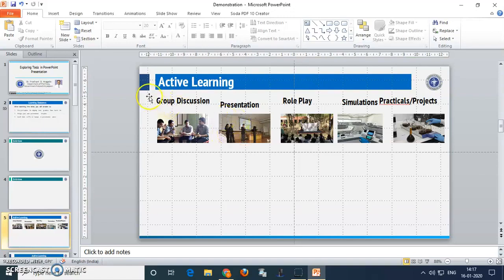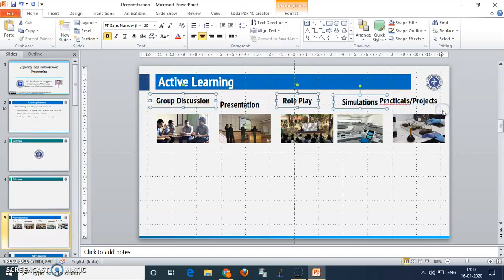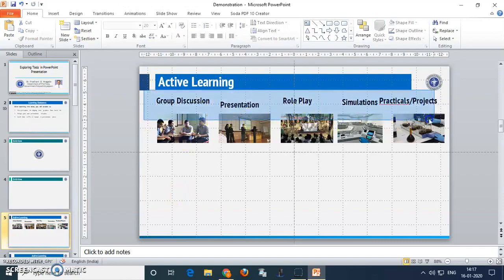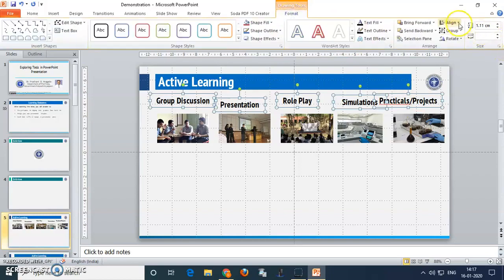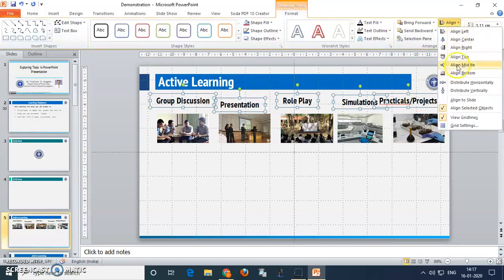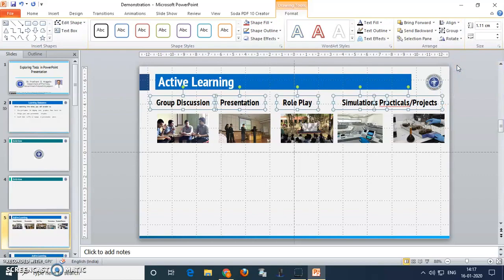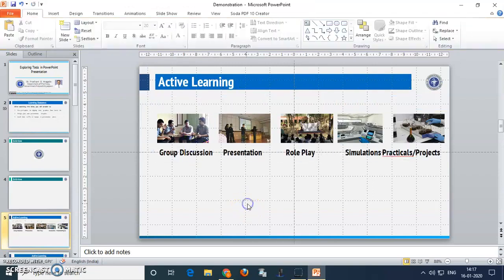For that you first have to select all the text, similarly to the images. Once the text is selected, click on format again, then on align, then align middle. So all the text is now in one line, and just drag it below all the images. This way we can make all the text in one line.